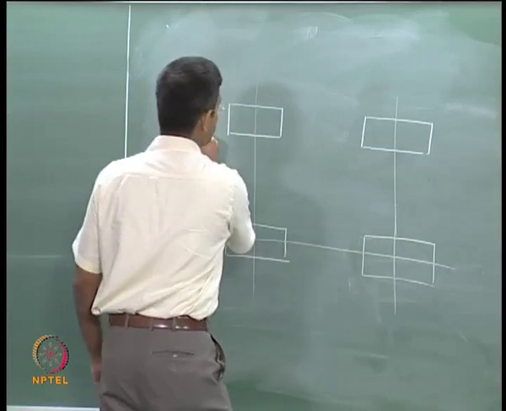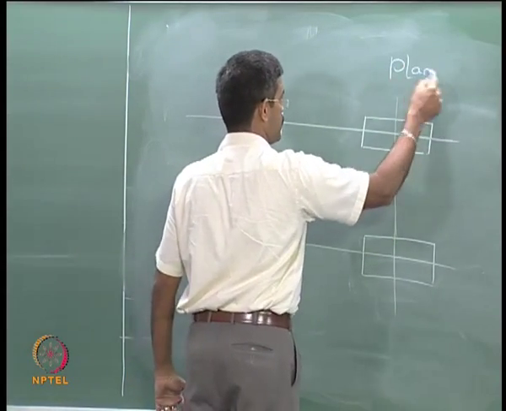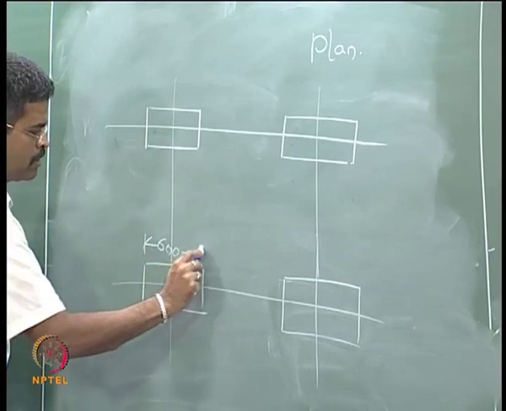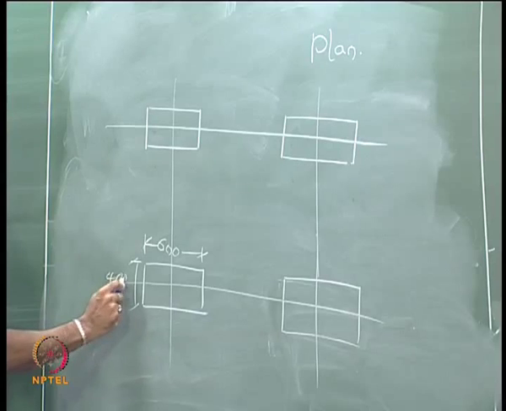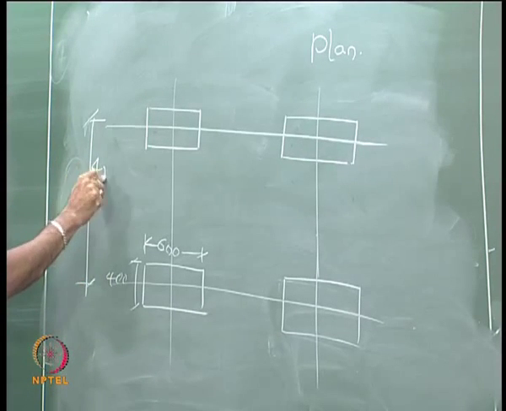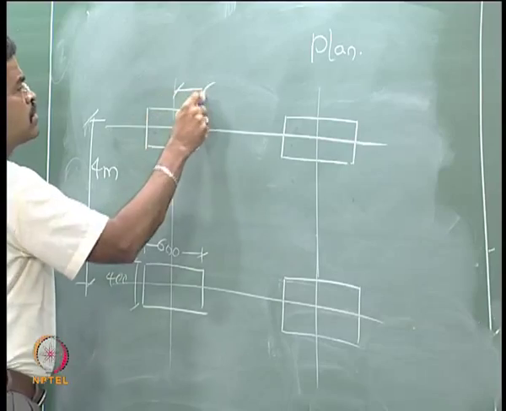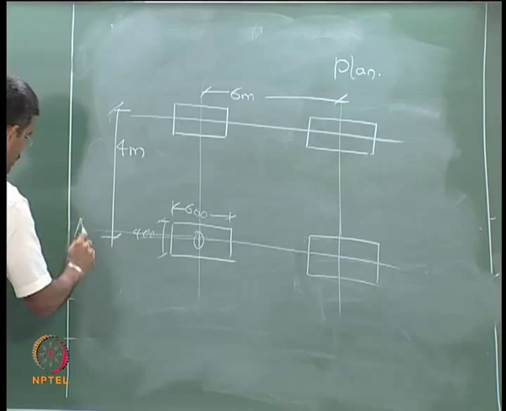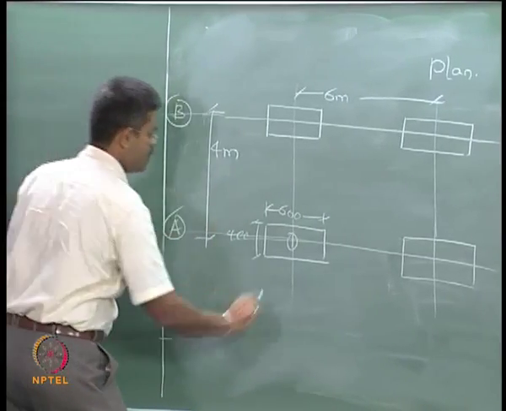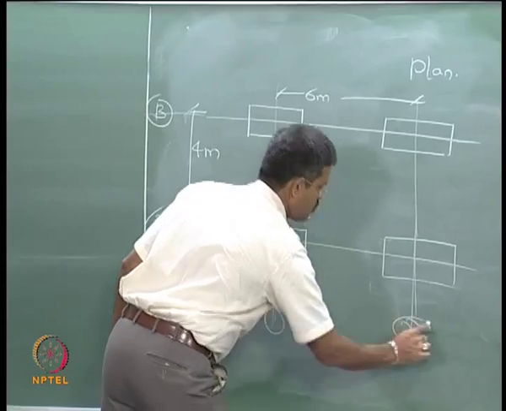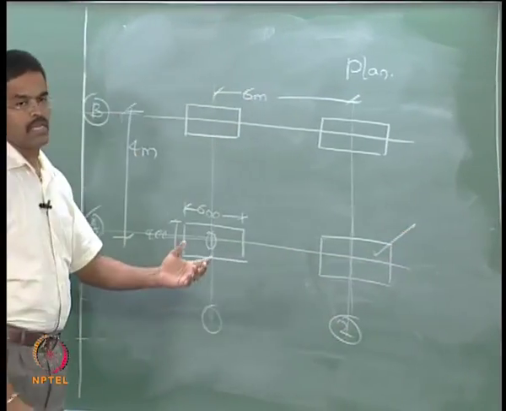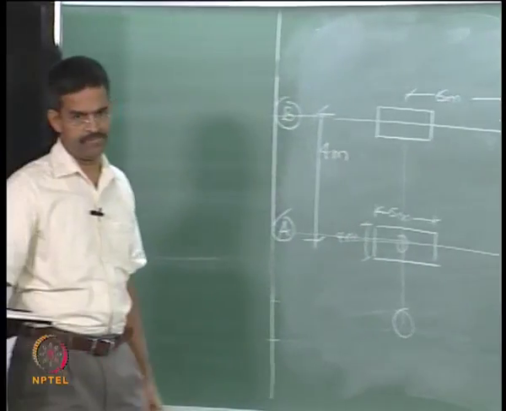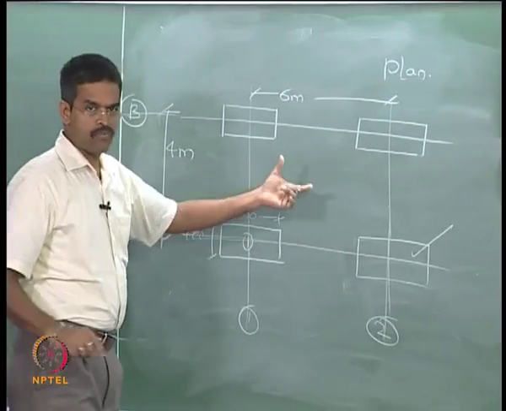Let us say this is plan, it is having some dimension, let us say about 600 mm by 400 mm, spacing let us say 4 meters, 6 meters, and column 1, let us say this is my A, this is my B, this is my 1, this is my 2. I can nomenclate this column as A2, B2, A1 and B1. I can read like this. This is my plan. If you draw a subsequent elevation of this, it will look like this.